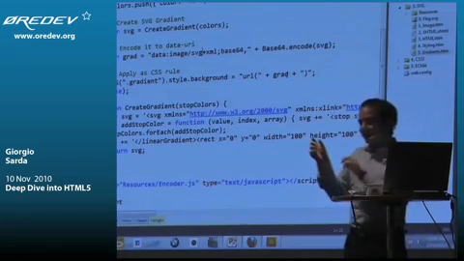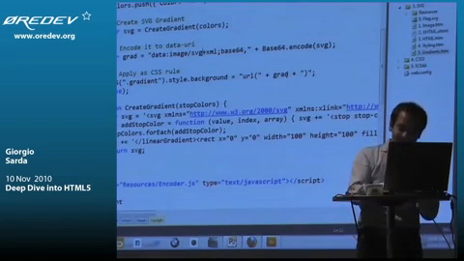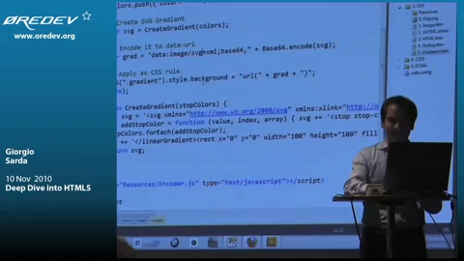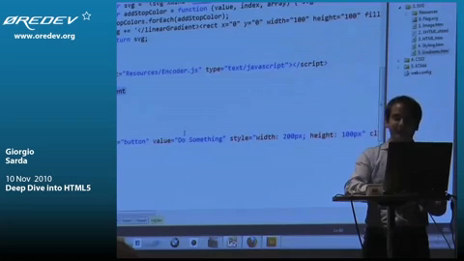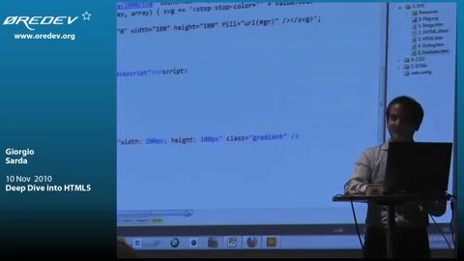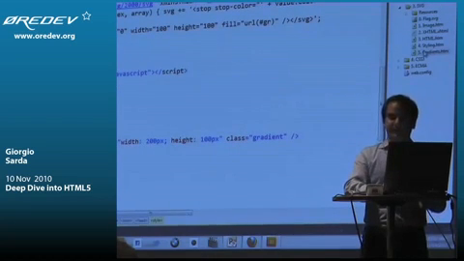And lastly, I apply the data URI as a CSS rule gradient, which is a CSS rule that I define there as transparent. And my button, obviously, is using my CSS rule. So if I did the things